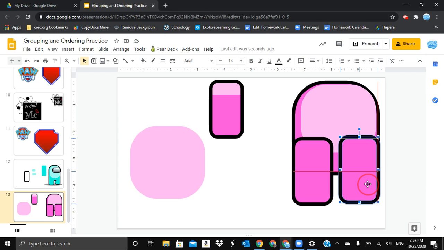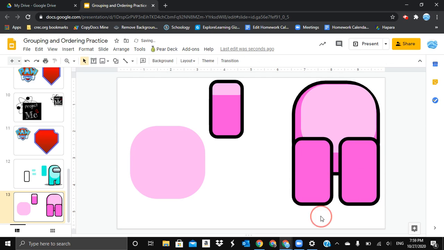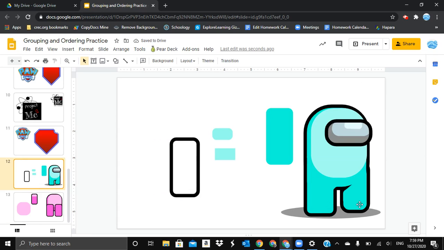So you can see there's a line across the middle showing that these two are aligned together, and there's a line on the right side showing that this leg is aligned to the side of the body. So now you've got two identical legs, but again, the right leg is smaller than the left leg because it's further away, and so that makes it look like it's a 3D shape instead of just a flat one on a screen. So we're going to need to make the right leg shorter and thinner, but not by a lot,